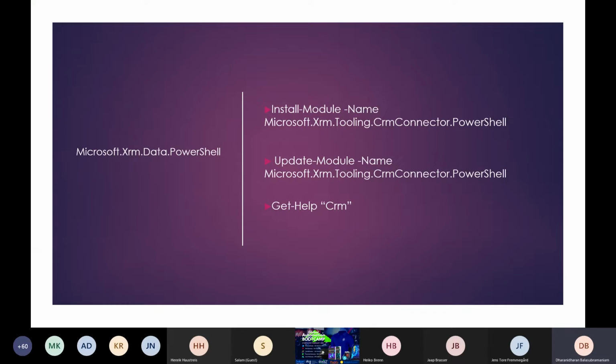And one way of installing is you can open your PowerShell window, and over there you can run the command and install it. The other way is you can install it via the NuGet gallery also. You can install this PowerShell script actually. And once this is installed, then the next thing is